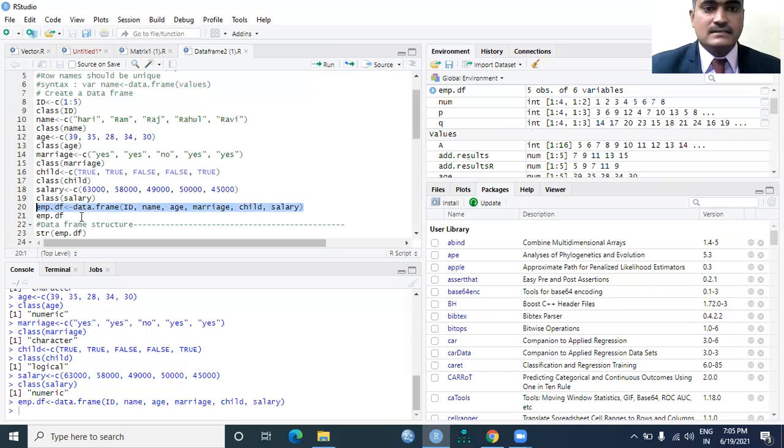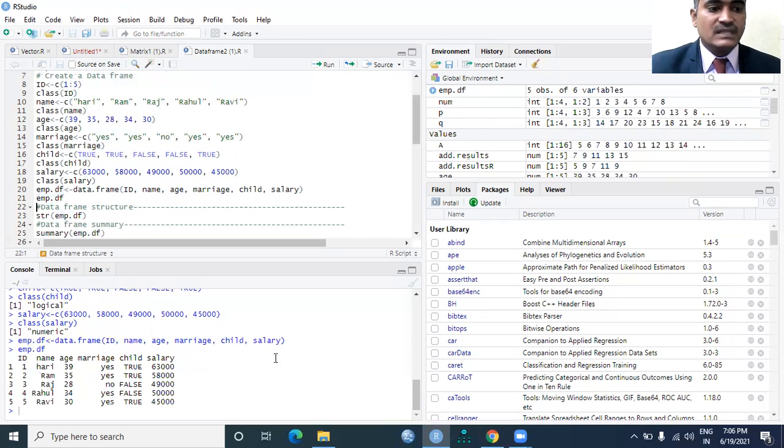Now the code has been successfully executed, and I want to check the output of the created variable employee.data frame. So I'm trying to execute the employee.data frame. Now you can see the data frame has been successfully created. The first column, ID, includes the numbers 1 to 5, and the second column, name, has the names of the employees,